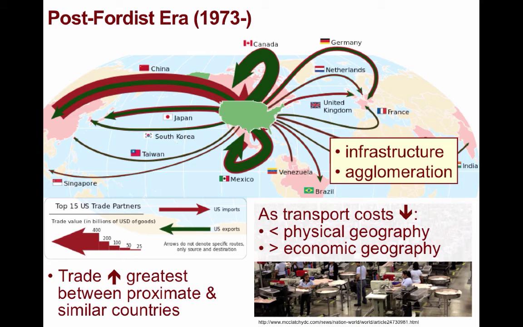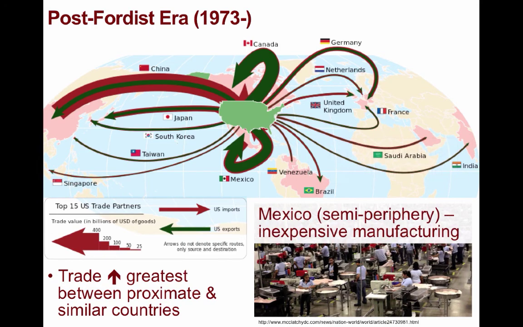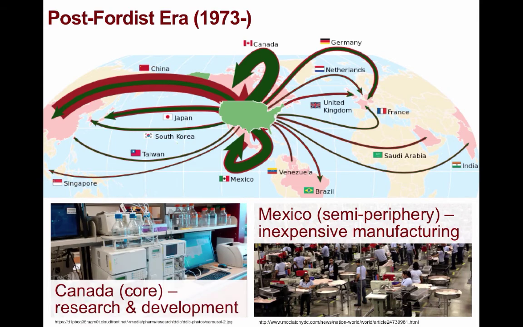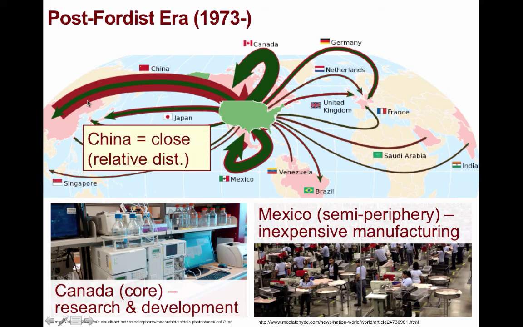of local place characteristics. For instance, the location of inexpensive manufacturing of components in peripheral and semi-peripheral locations where abundant, cheap, and unskilled labor can be found. Compare that with the location of research and development, concentrated in core countries with better educated and skilled labor. And most of these countries are generally in relatively close proximity to each other. Such is the case with the United States trading heavily with Canada and Mexico. Even China, our #1 trading partner, is close in terms of relative distance, since maritime transport is so cheap and